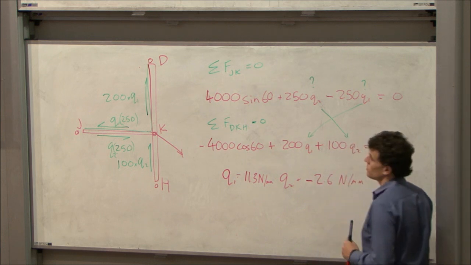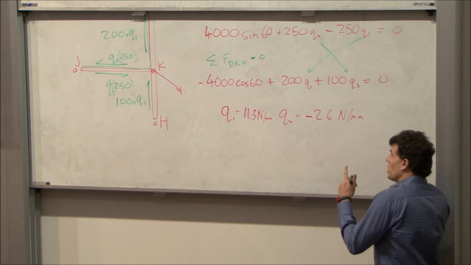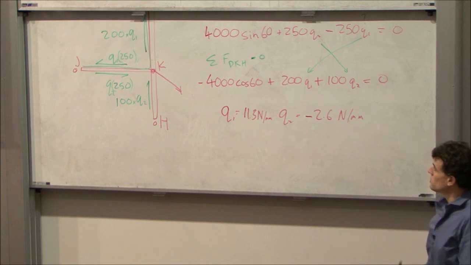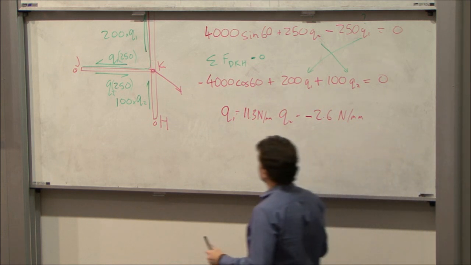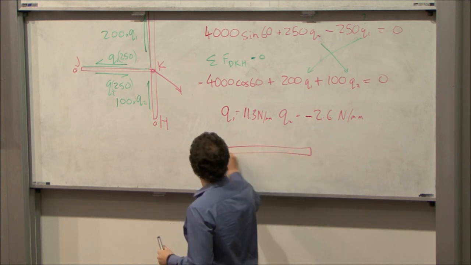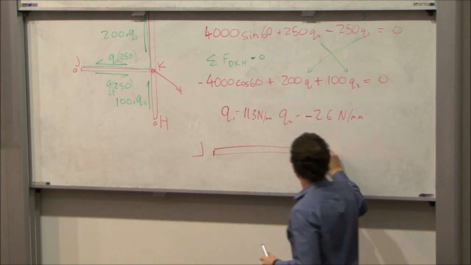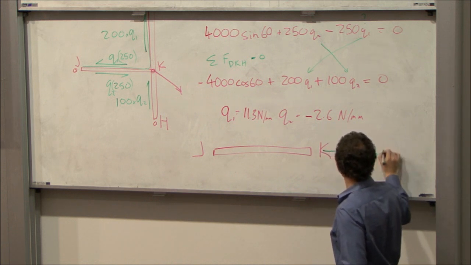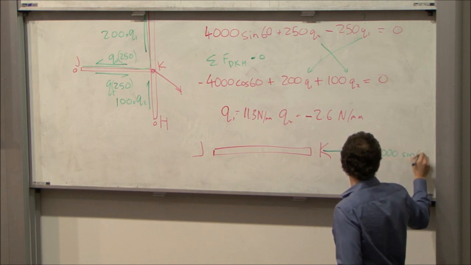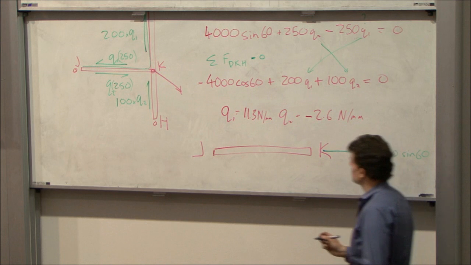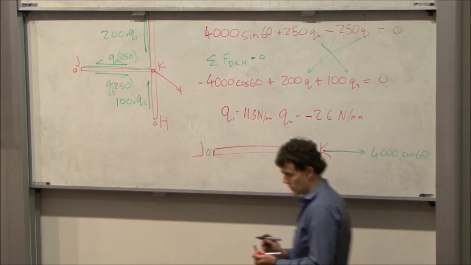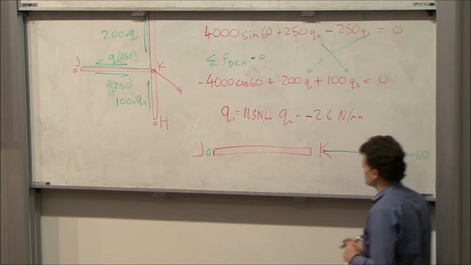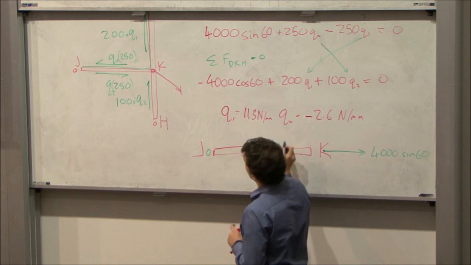Now one last thing before I let you all go. This method is very good for finding the shear flow in the panels, but we can also find the forces in the flanges as well. So if we look at boom JK, then on this end of it, we've got 4,000 sine 60 pulling this way. On this end, we've got nothing. So there's got to be a variation in force as you go along. And the way to find that variation in force is that your Q's, and I better get the direction right,